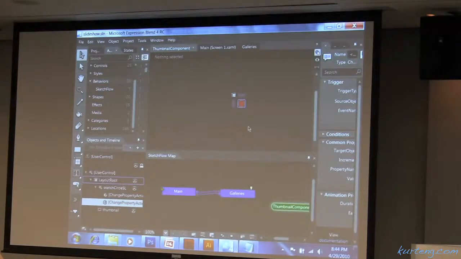Okay. For the most part, what you've seen is a really quick tour of some of the prototyping capabilities in Sketch. So what I'd like to do is just open up the floor to a couple questions, and then